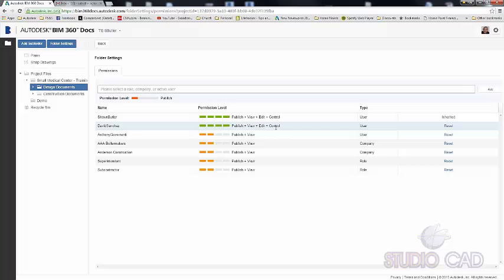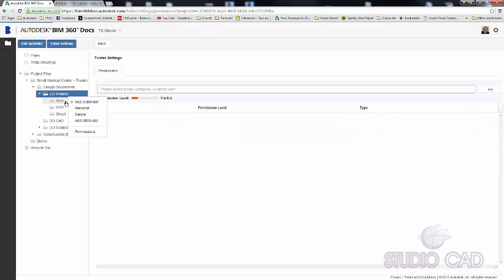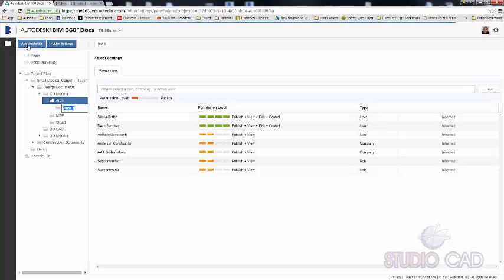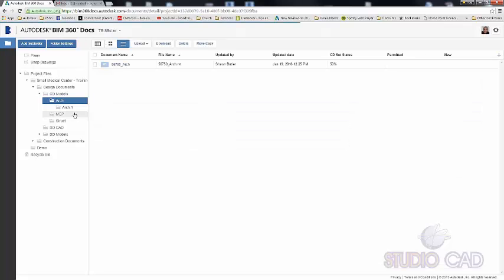Now, as we start to come through and we start to look at our project and our folder setup, once again, you can create any structure that you want. You can come in and for any of these, you can add it, you can rename it, or you can delete it. I'm going to talk about the deletion first. If we come in here, I'll go back so we can actually see our folder structure. If we come into anything that's in here and we delete that,